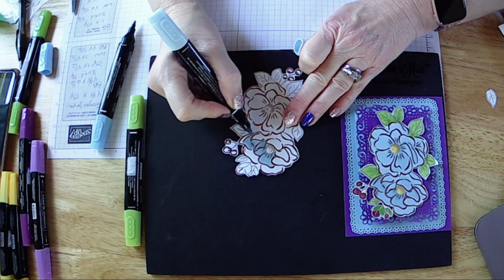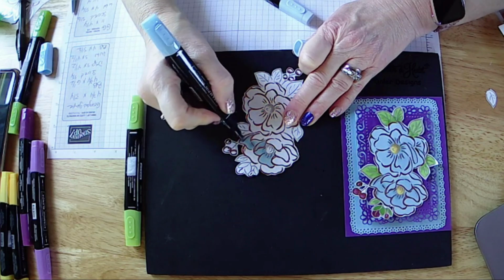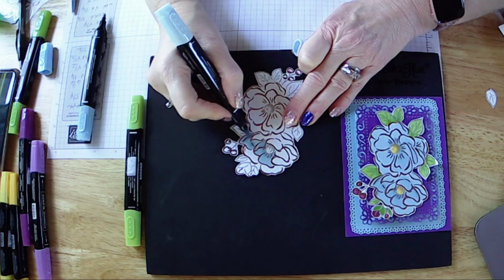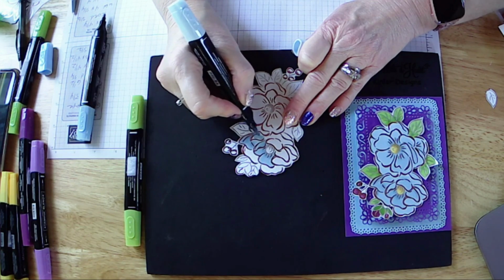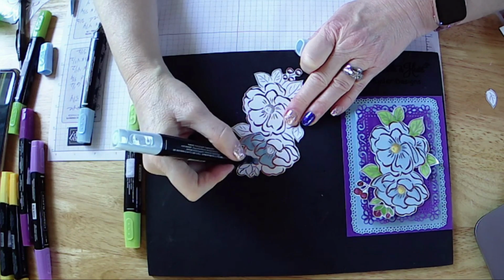And then to this section, I probably will want to go back in and put some dark right here along this little line. I love having all the lines, and then I'm going to go back over it just to make it a little darker. I love having all the little lines because it helps me tell where all of the shadowing should be,